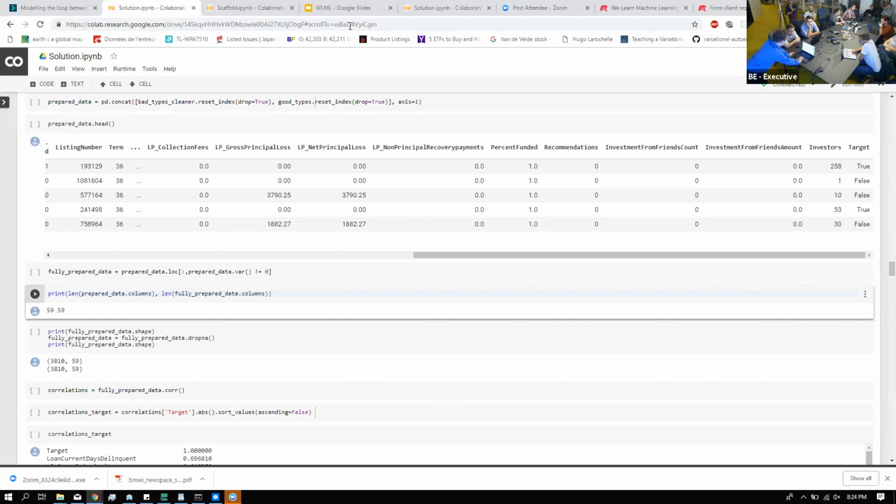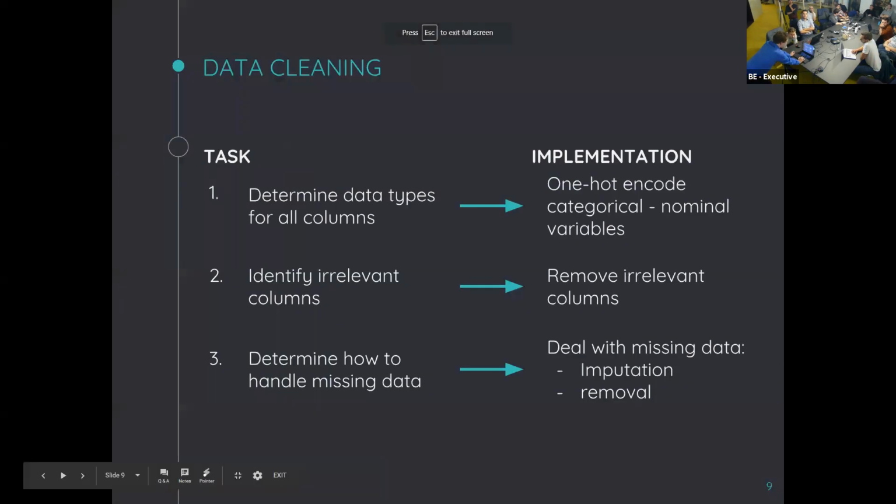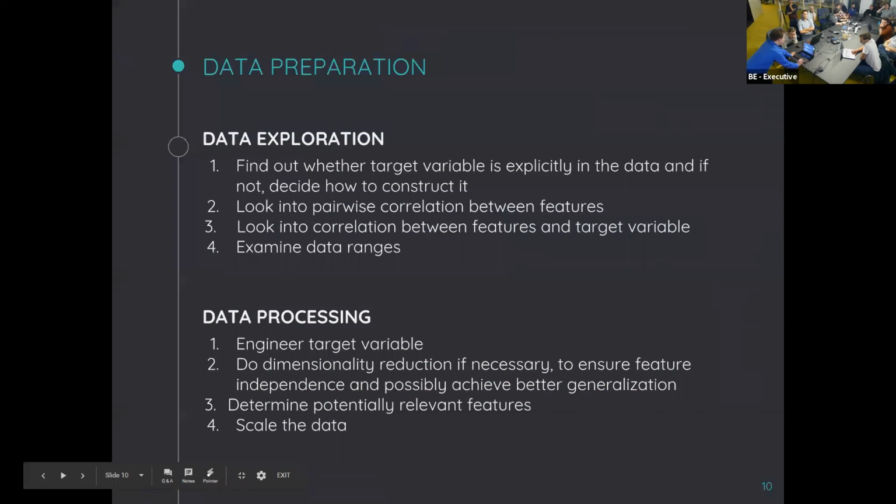Now I'm gonna come back to the slides and talk a bit more about what we're gonna do next. Okay. So yeah, some of these things we already did, luckily. So we're gonna do the data exploration and pre-processing. Let's again map sort of one-to-one. We need to first find out